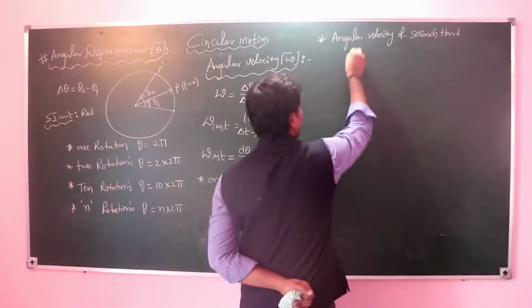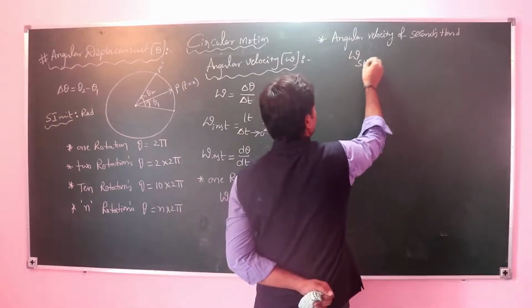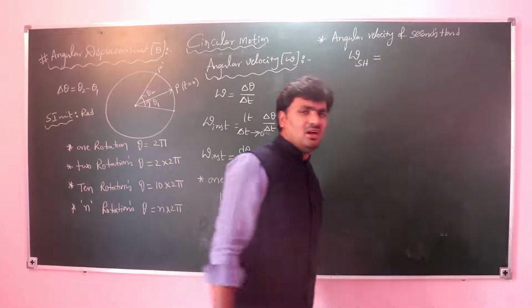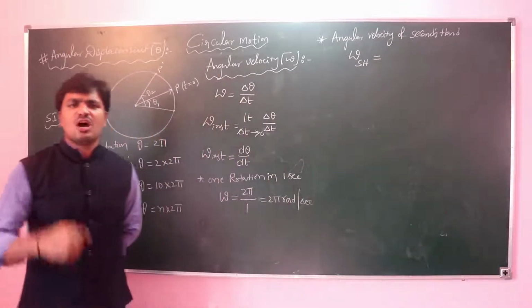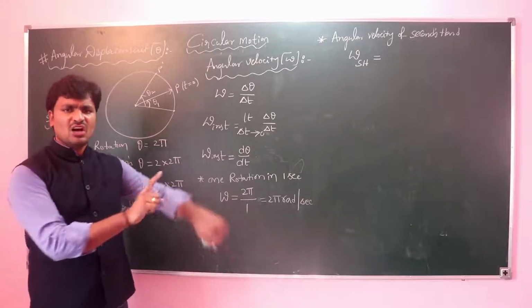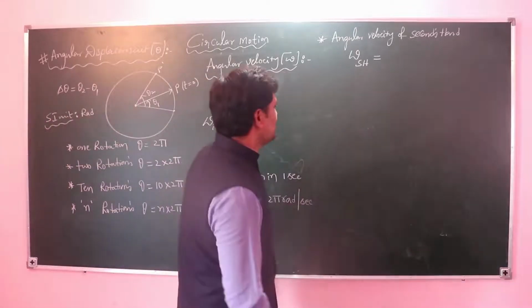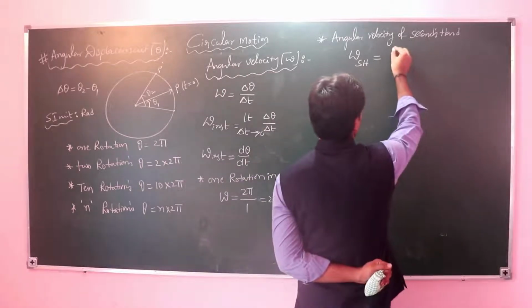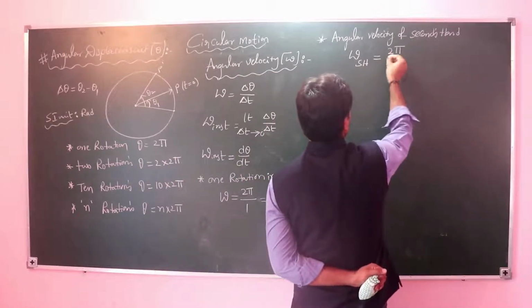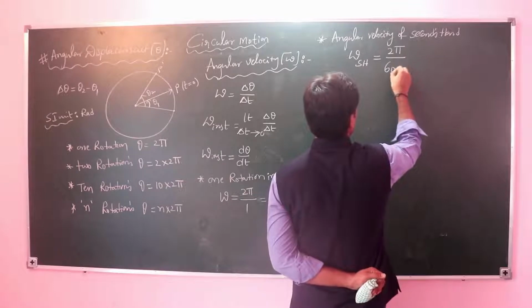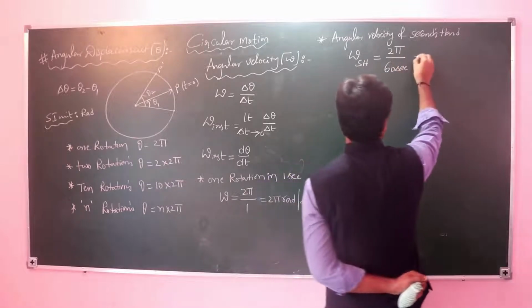Seconds hand. So the angular velocity of the seconds hand. For angular velocity, we ask: for one rotation, how much time is taken by the seconds hand? In a watch we have a minutes hand, a seconds hand, and an hours hand. For one rotation the angular displacement is 2 pi, and it takes 60 seconds. So that is equal to simply